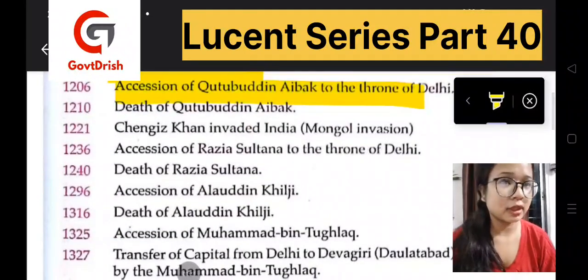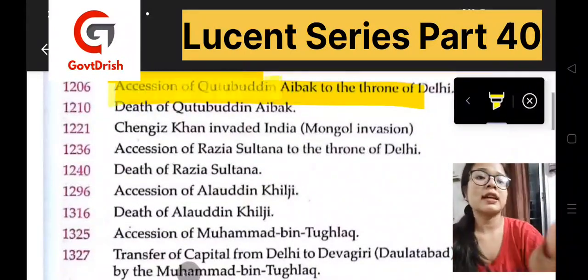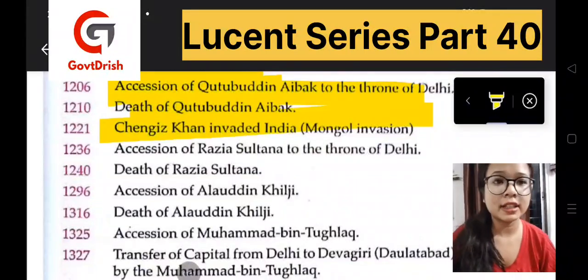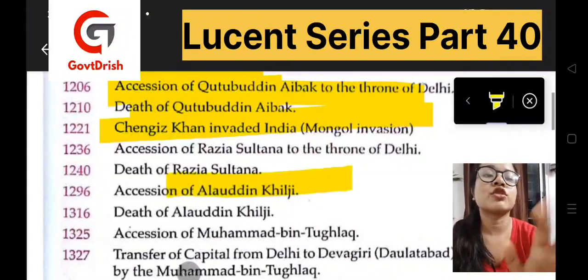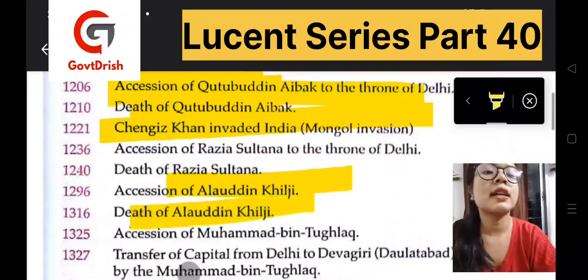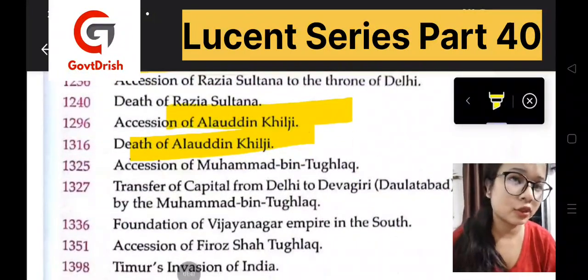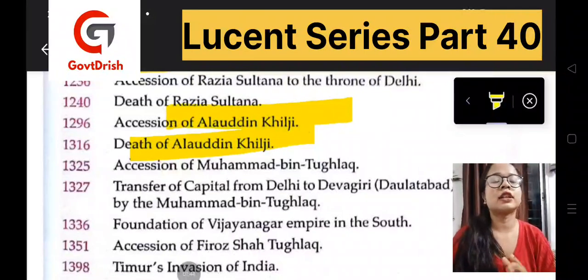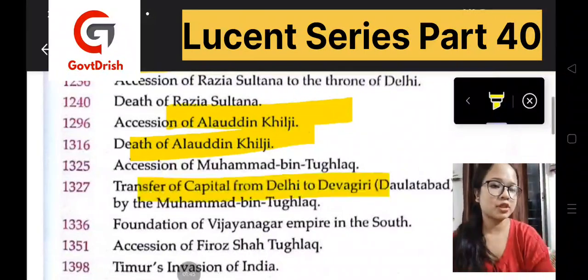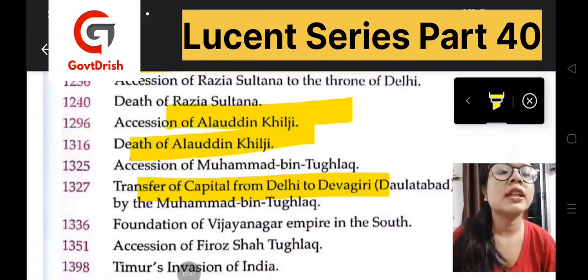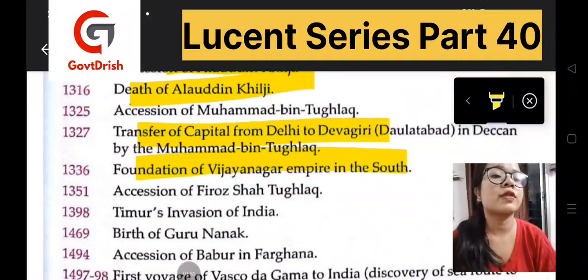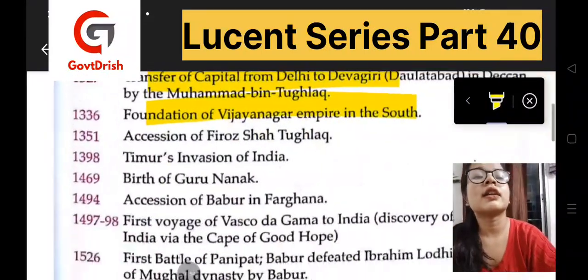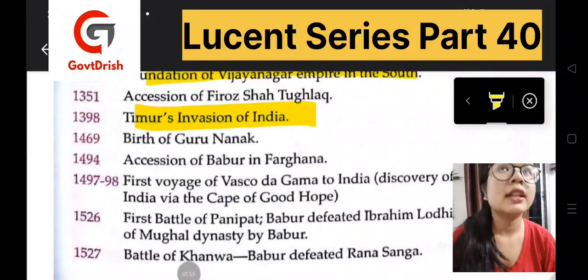Coronation of Qutb-ud-din Aibak, then his death, then when Genghis Khan had invaded India, the Mongol invasion, then after that Razia Sultan's accession, then the death of Razia Sultan, then we have the accession of Alauddin Khilji, then his death, then we have the accession of Tughlaq, then how he had also transferred the capital from Delhi to Devagiri, and then we have the foundation of Vijayanagar, then we have the accession of Firoz Shah Tughlaq, now Timur's invasion of India, then we have the birth